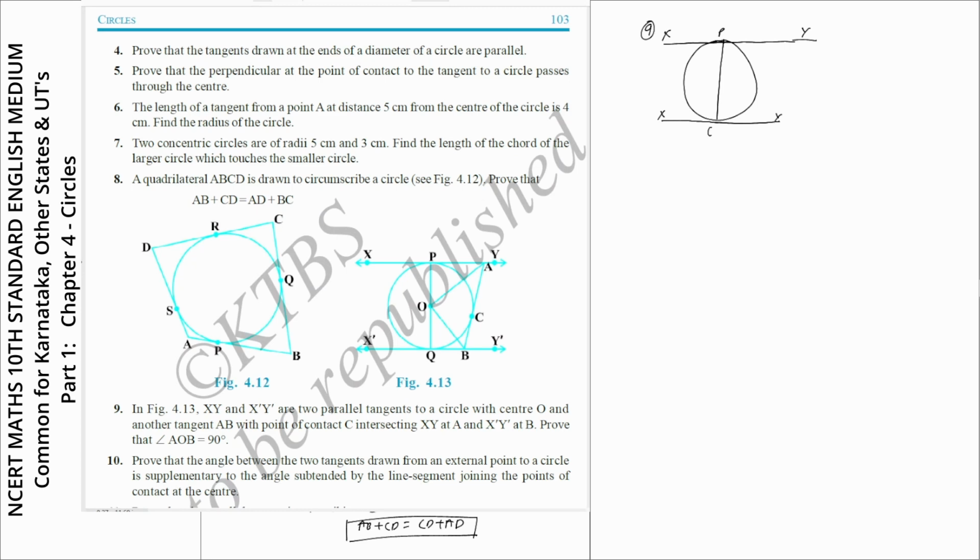PQ, this is O, and there is another tangent AB, and the point of contact of tangent AB is C. So we should prove that angle AOB is equal to 90 degrees. So, given data: